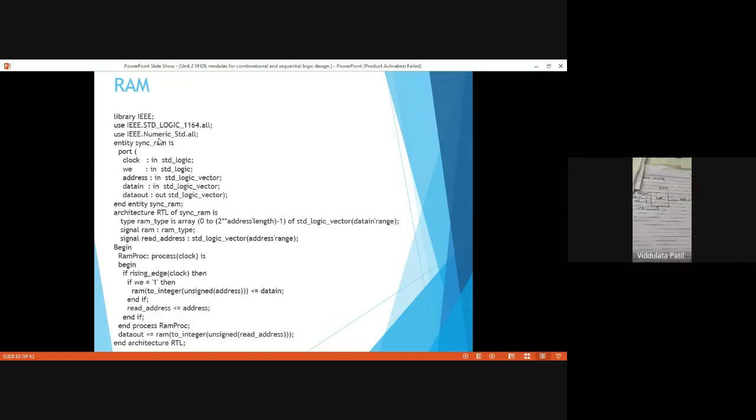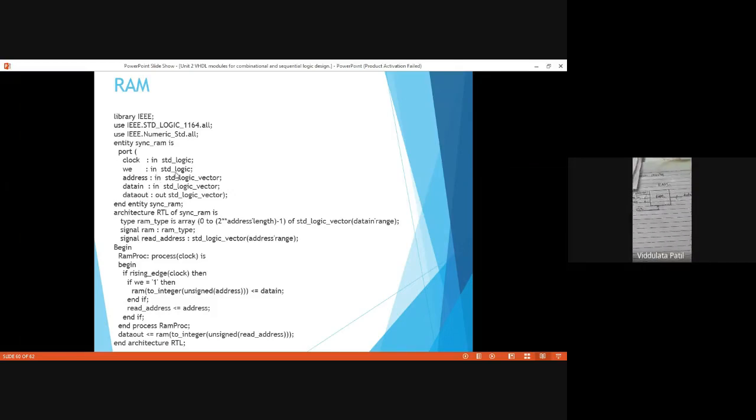After that we are going to declare the port. First of all we have declared the clock signal. Clock colon in std_logic semicolon, then write enable, that is WE, which is again of in type and